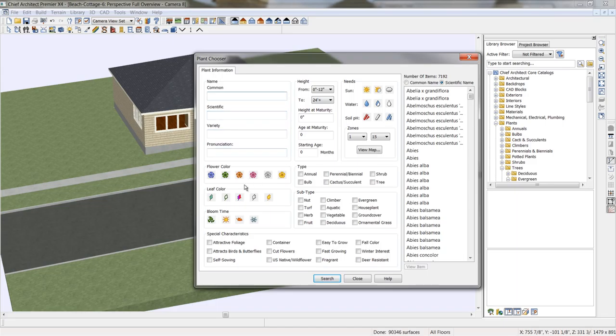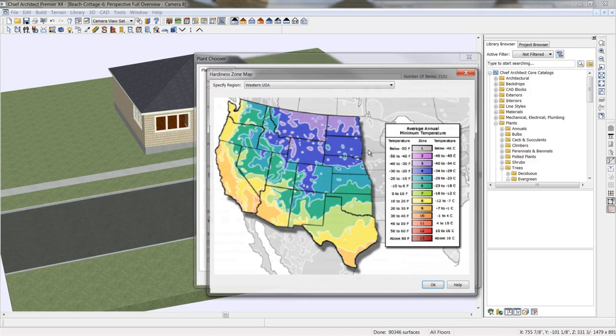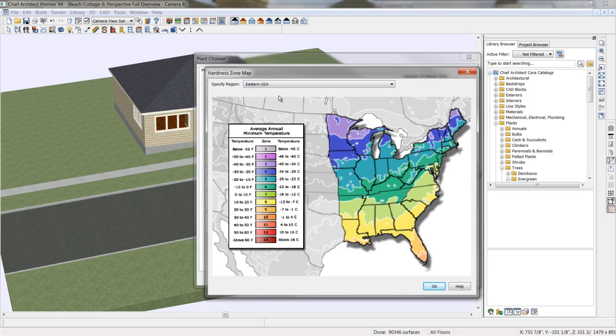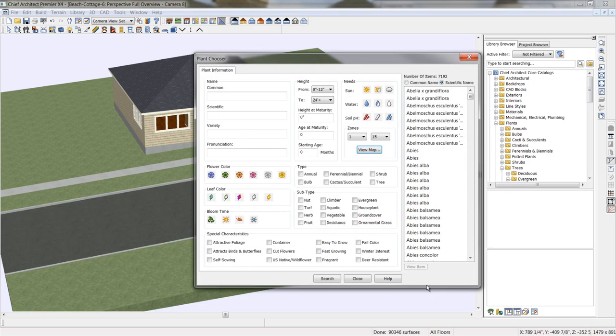I can search by common or scientific name. You can search by color, by bloom time, height, maturity. You can search by zone map, change the location you're at, find the zone, use that. You can also search by type, subtype, and really a variety of options. I'm going to search for a tree, ponderosa,